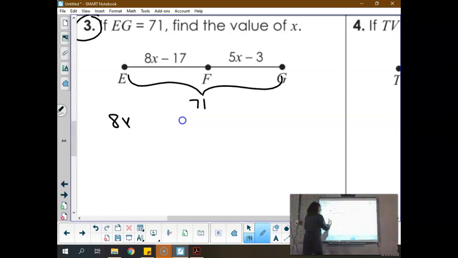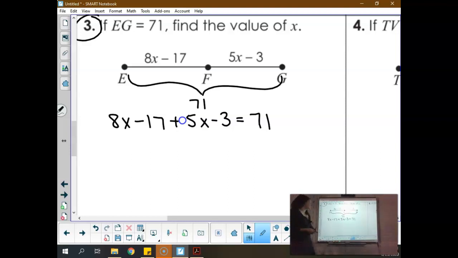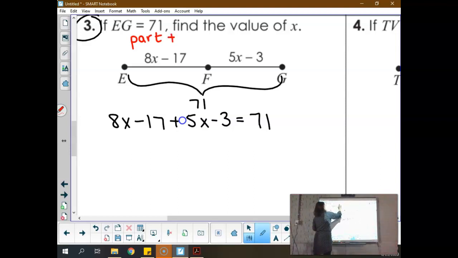So 8x minus 17 plus 5x minus 3 equals the whole thing, 71. If that's something you want to write on your homework, feel free. That's just part plus part